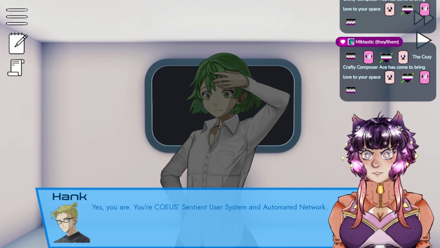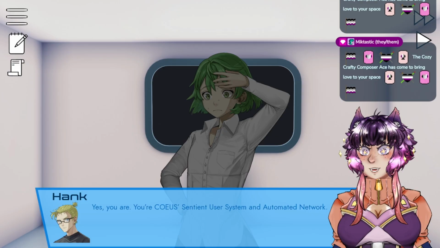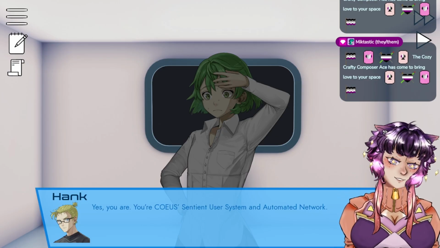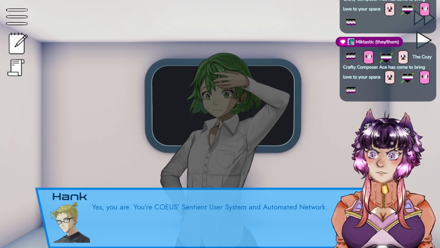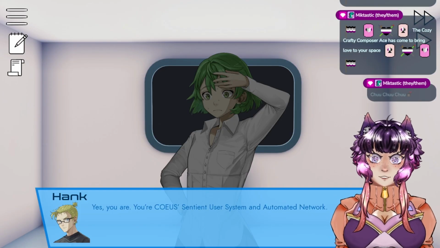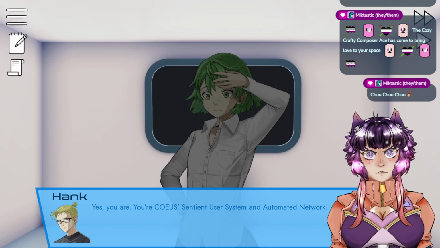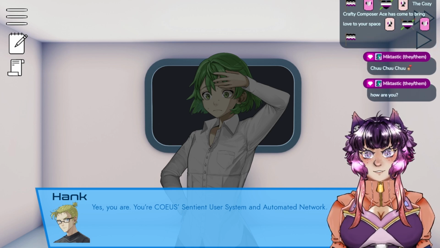I am an AstroCat VTuber, and we are currently playing a game called Artificial Nexus. This was provided lovingly by the team over at Too Many Teeth. It's been very fun so far. We have just come across a big turn of events. We were an amnesiac woman in a building where robots took over, and then it turns out we are